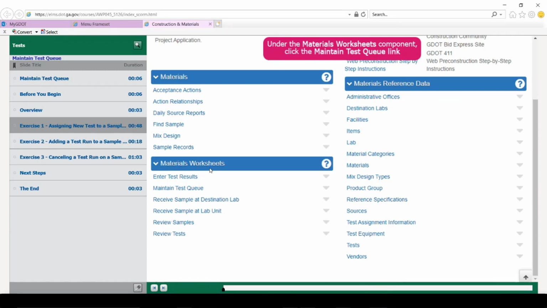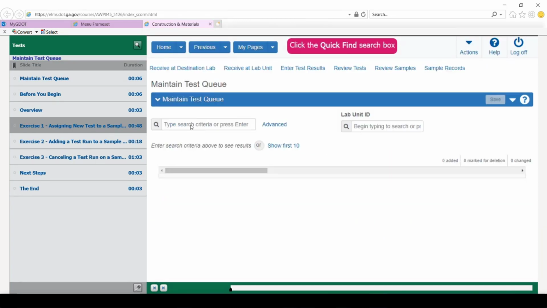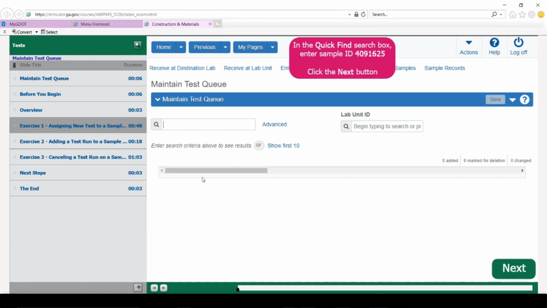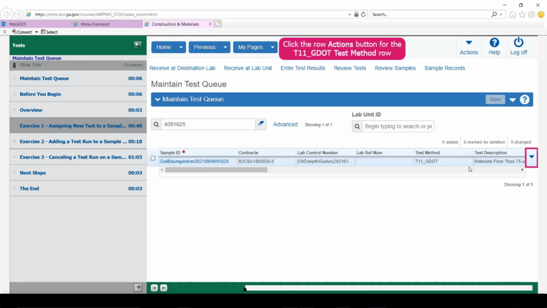So under materials worksheets, you have maintain test queue. And you have a quick find search box, which you can enter a search string in. Clicking on next, you have an actions button showing up here for the only row that matches the search string.